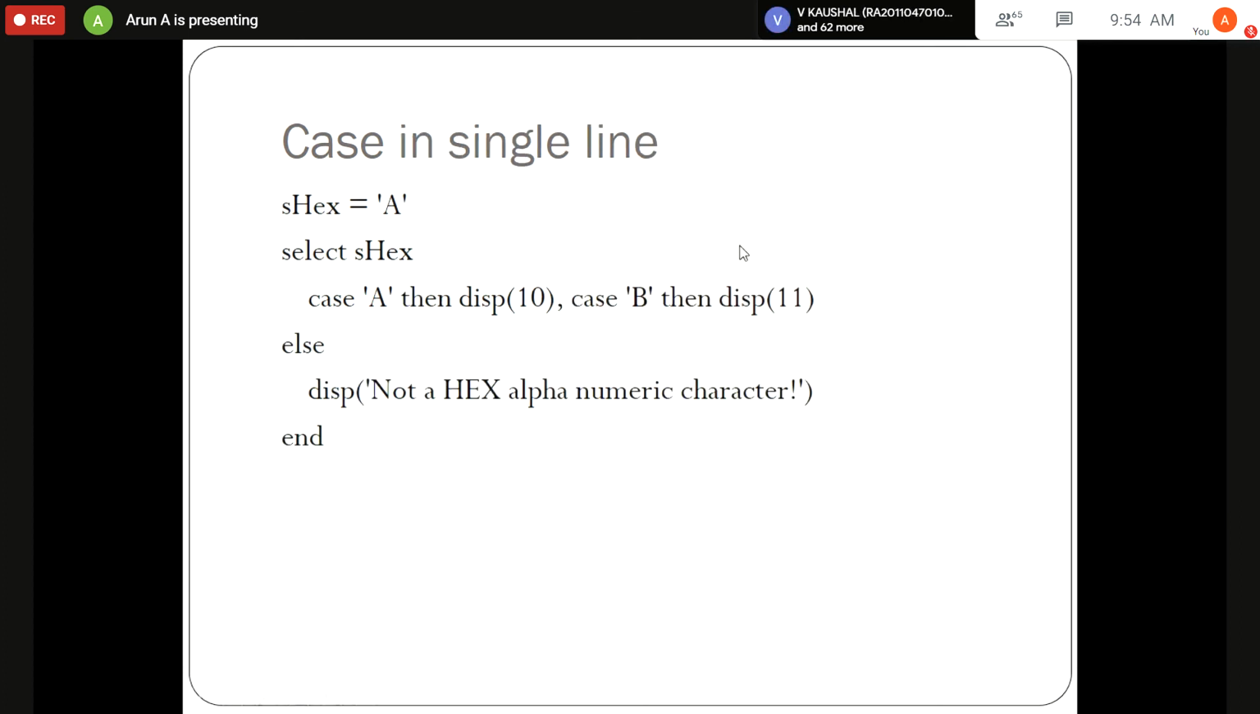And the next thing is case in a single line. Previously, we have been using case in different lines, like so many lines. But there is an option where you can use case in a single line itself. So this is one example. Like select S